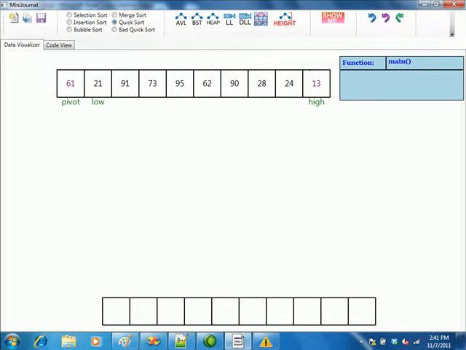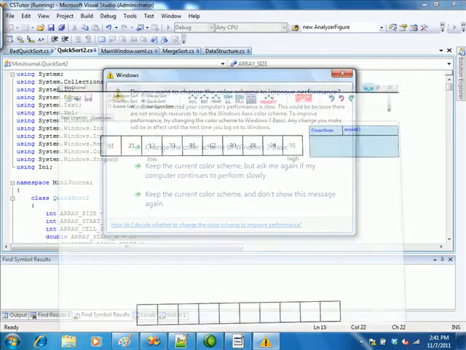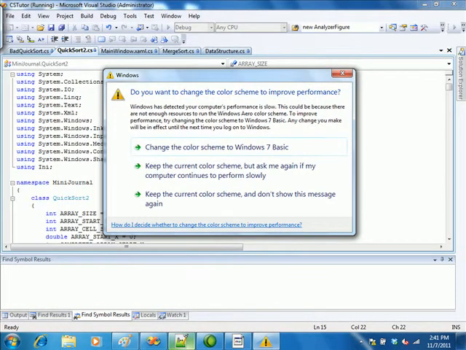So where is low going to move to? 91. Okay, and where is high going to move to? It is already less than the pivot, so it's going to stay. And then at that point, we're going to swap those two elements. So we're swapping 91 and 13. So we swap those two elements, and then we just keep doing that. So if we go and look at the code for